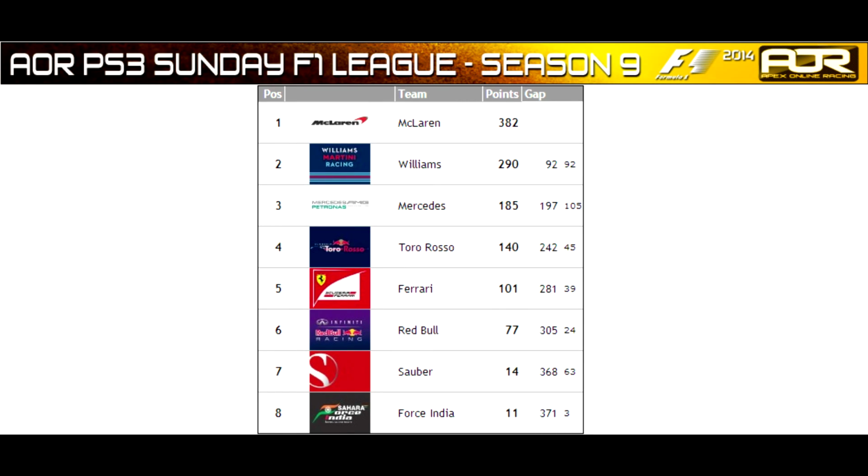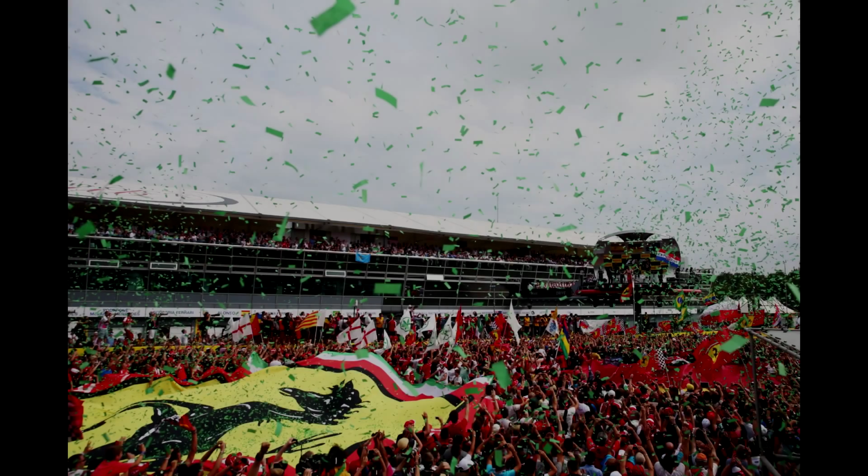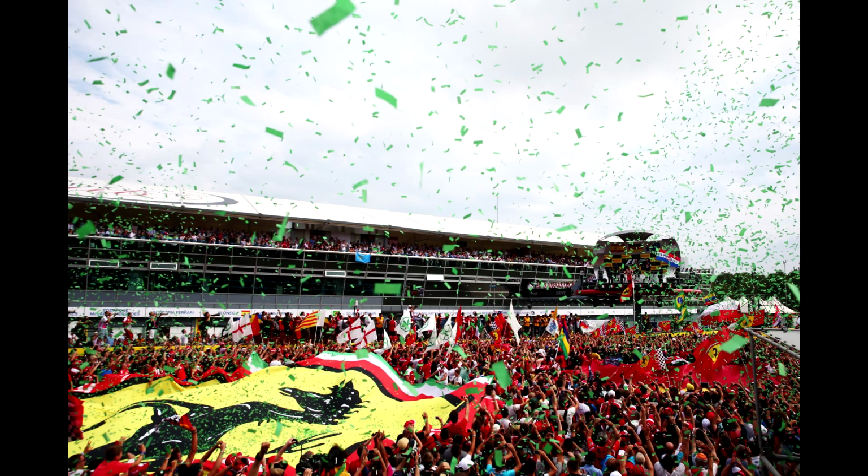McLaren still leads the way on 382 points, 92 points ahead of Williams, with Mercedes a full 105 points back in 3rd, and us in Ferrari all the way down in 5th. The next race on the calendar for round 13 is the Italian Grand Prix at Monza. The Tifosi will be there to cheer us on in a Ferrari, and hopefully we can get that elusive first podium in AOR F1